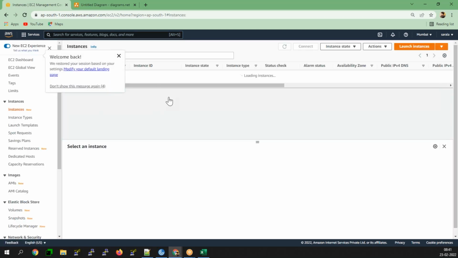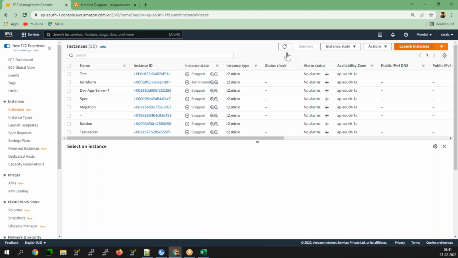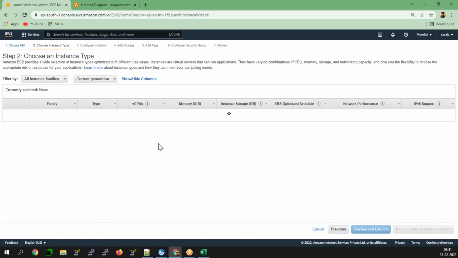Further, you can use any of the versions. Now go for launching instances here.